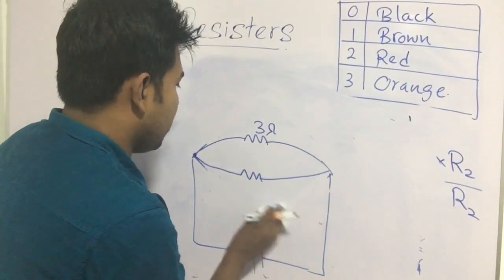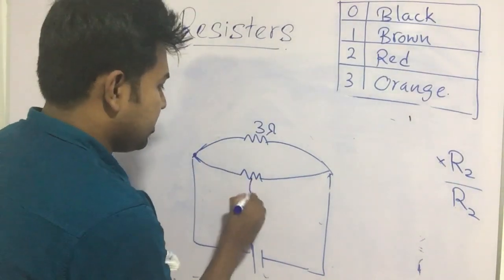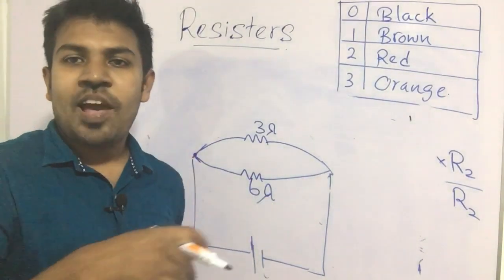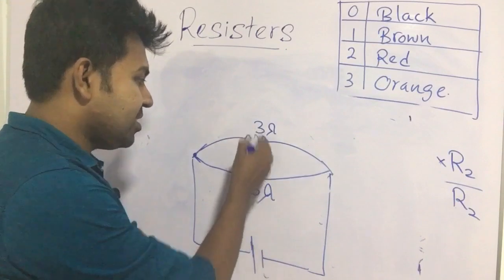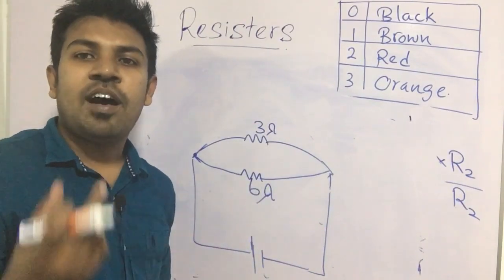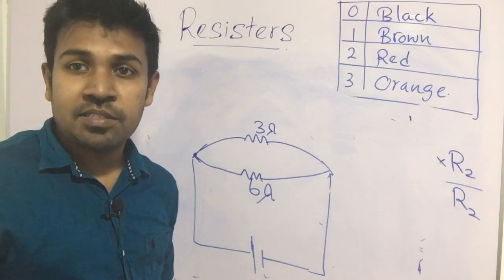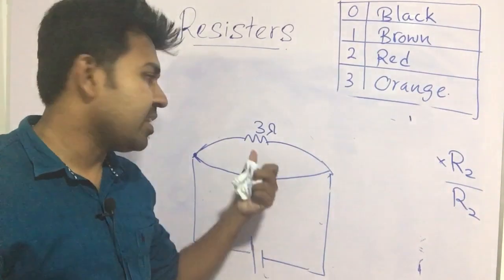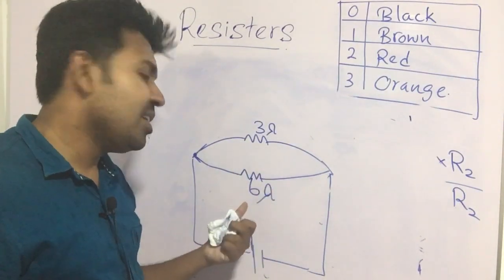Okay, 6, right? So as I did earlier, if it is parallel, and it's an essay type question, you put 1 over R equals 1 over R1 plus 1 over R2 and find the answer as I did earlier, or else if it is an